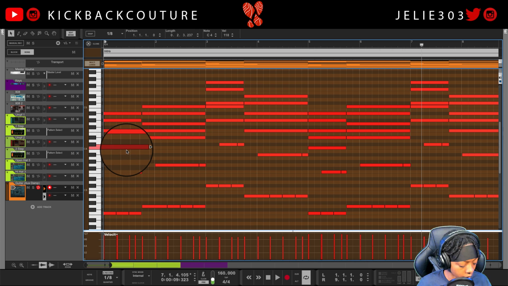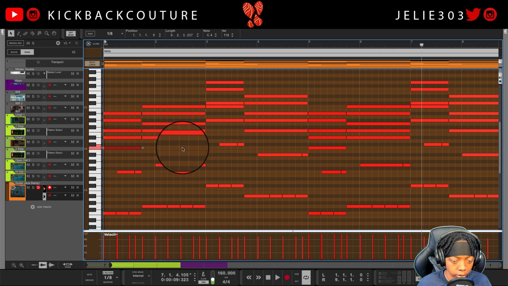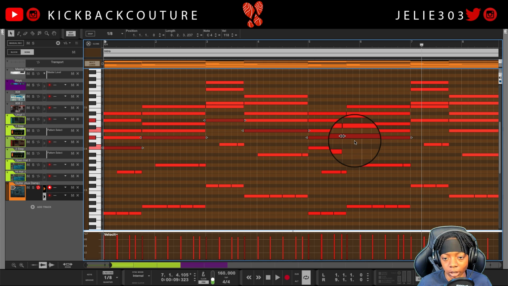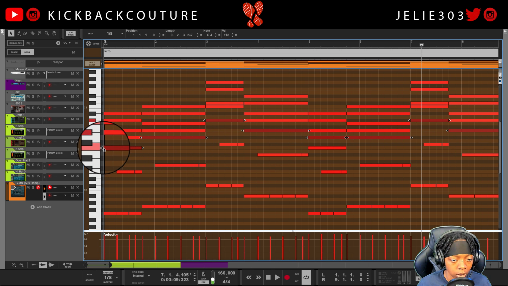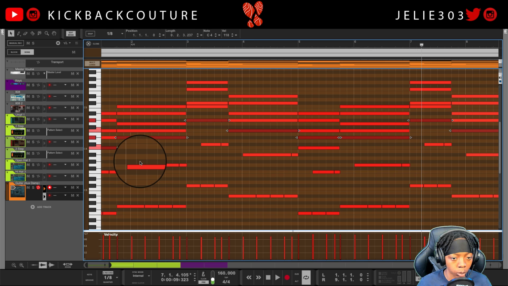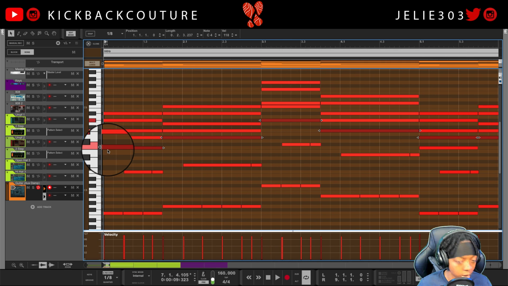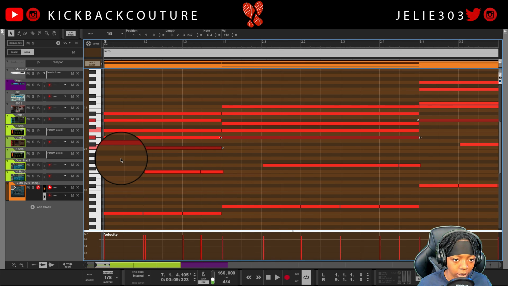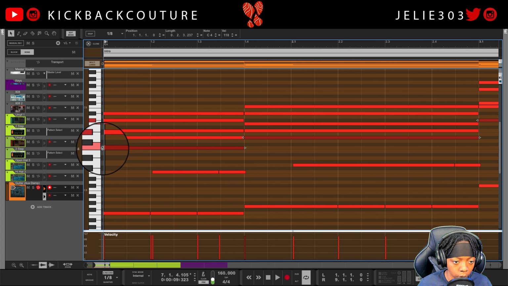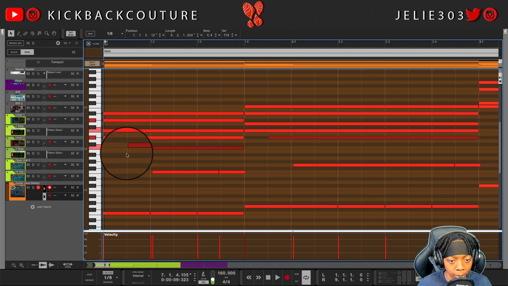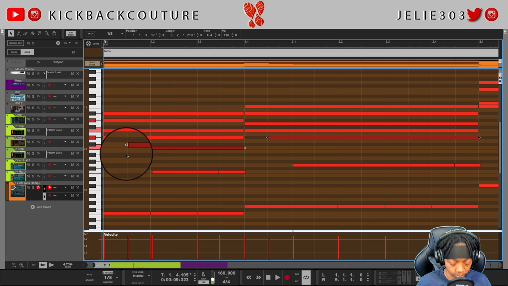Let's go ahead and also shift these. So I'm just going up the line in terms of the chords. They should all have relatively the same amount of notes, if not the exact same amount of notes. Let's zoom in a little bit and get the grid showing some more squares. We're looking at eighth. Alright, we're gonna pull this back and we're just kind of gonna strum it. And I have snap off right now, so